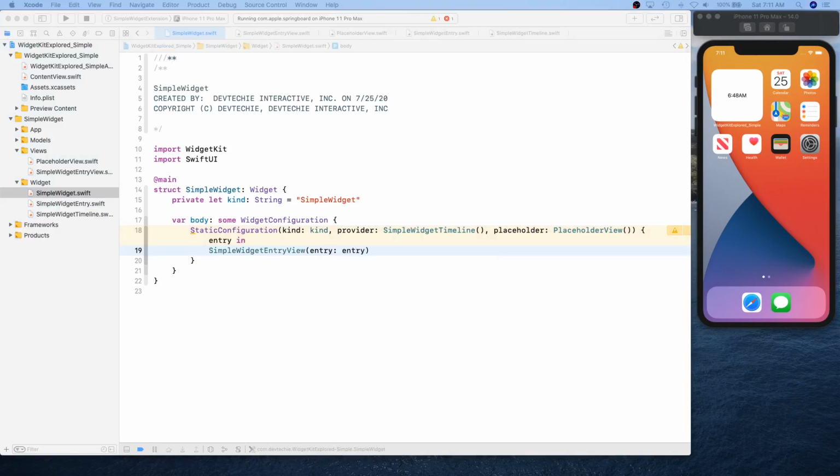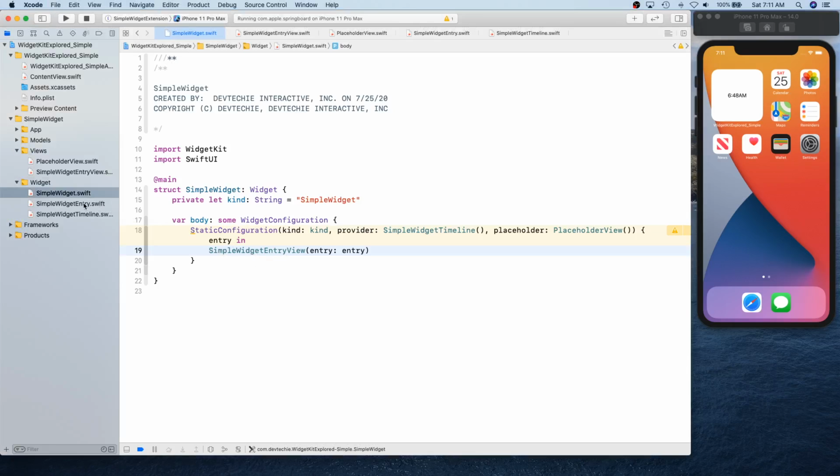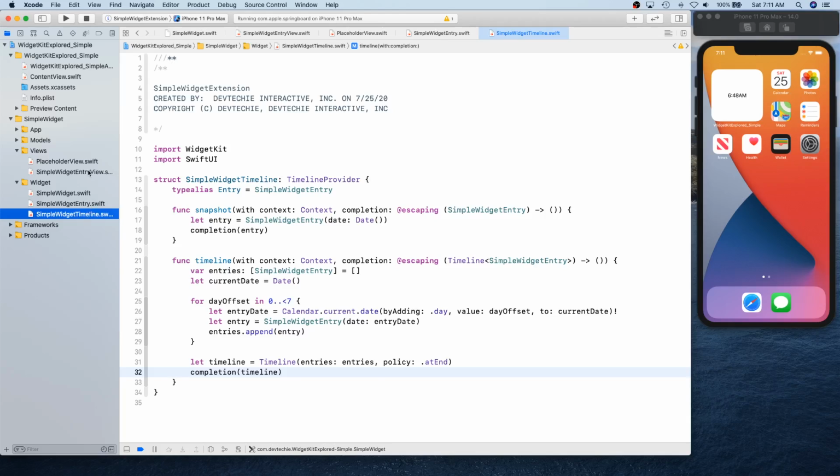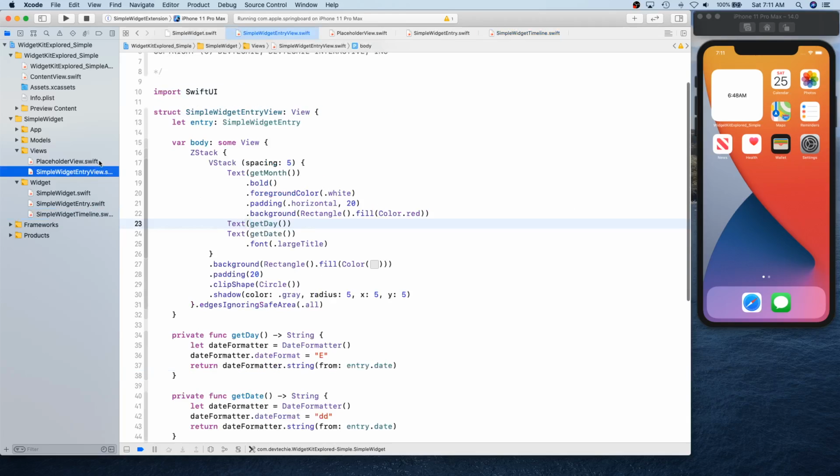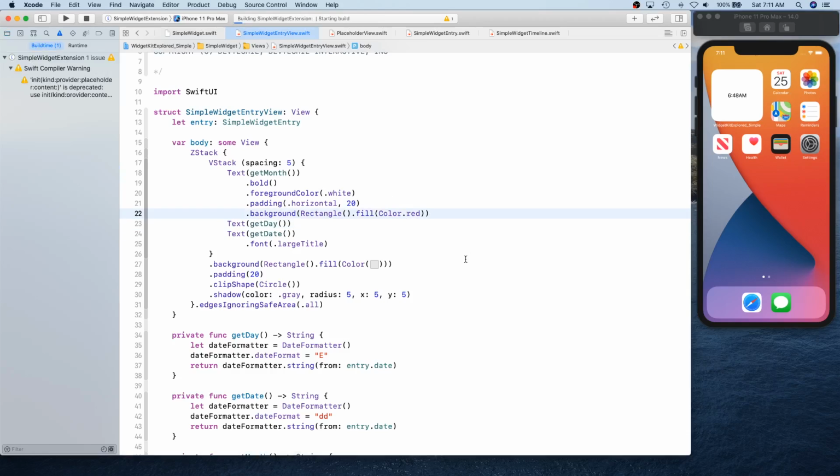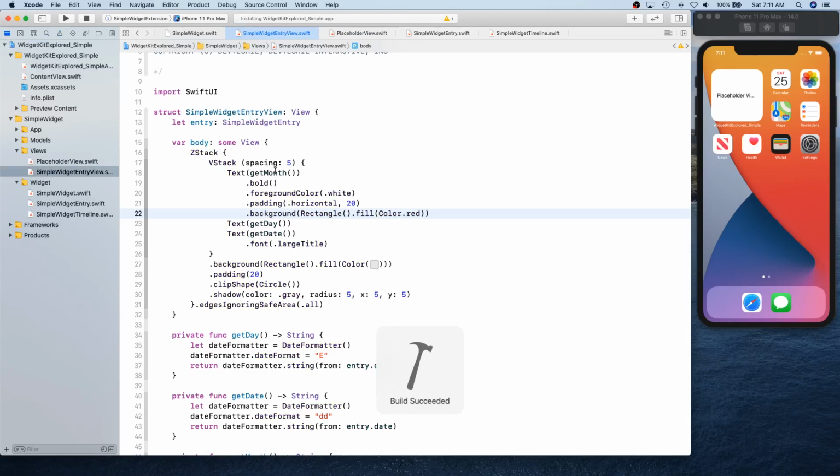Whatever your static configuration has given, that's been supplied, and this data we're going to use to populate our view right here. Okay, so let's go ahead and run this and see if we've got everything, and ignore this warning for now, like I said, and let's try this widget out and see what we get.